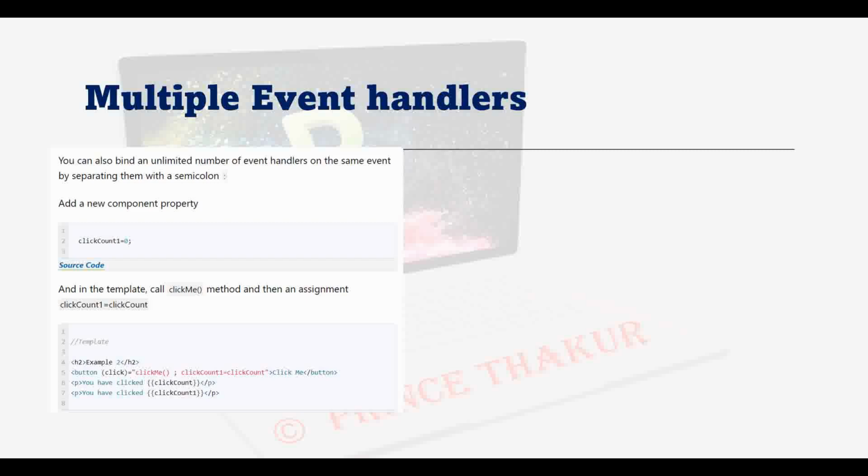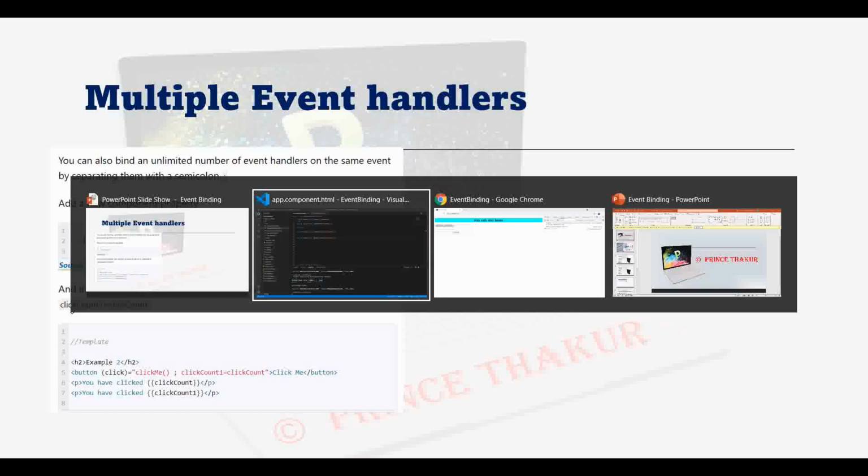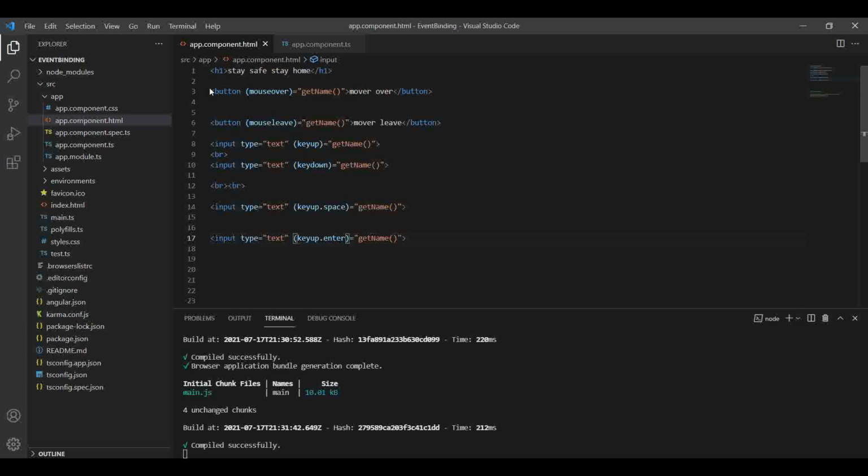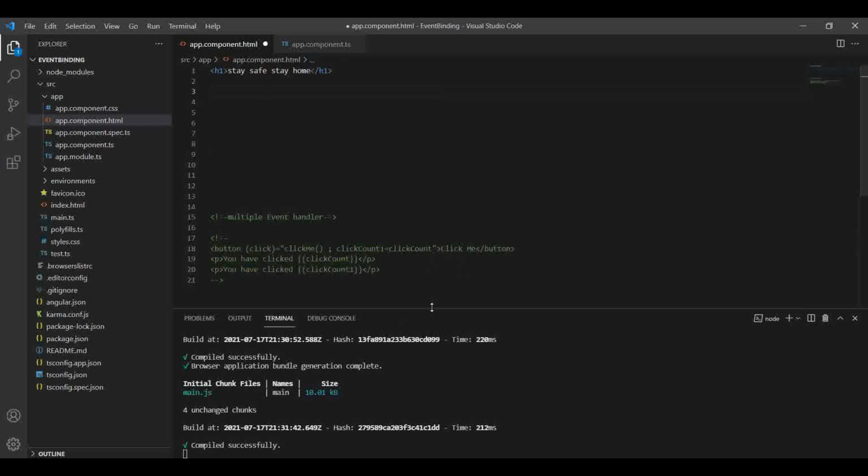This is an example of multiple events. So now let's execute this example. For that, I will clear all these functions, and I will uncomment this code.